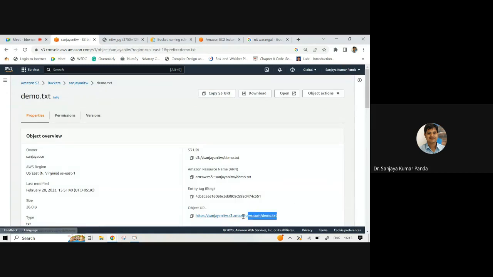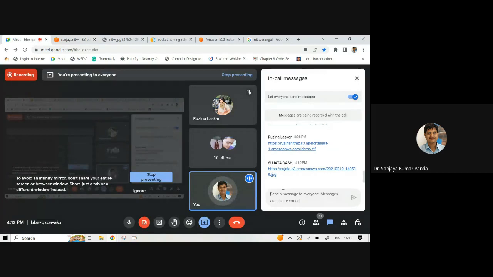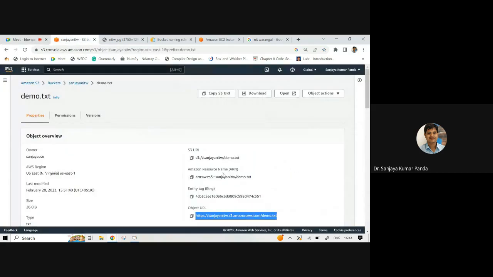If I share this URL with you, you can see what message I have written inside this demo.txt file. If I open it here, you can see the message, we are studying Amazon S3, is displayed here, right?